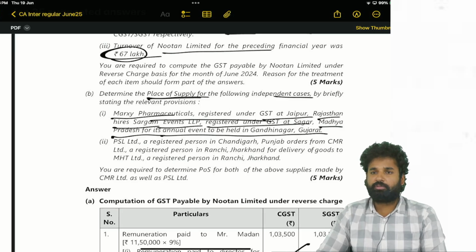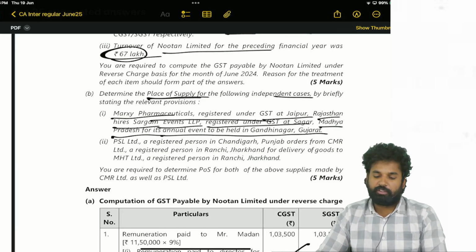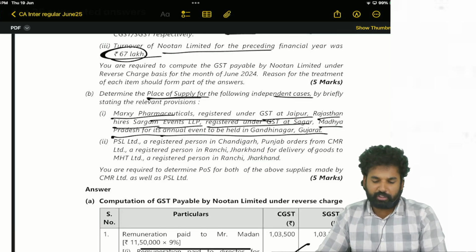It is relating to event organization. Event organization services provided to a registered person means the place of such a registered person will be the place of supply. What is the registered place of the registered person? Rajasthan,